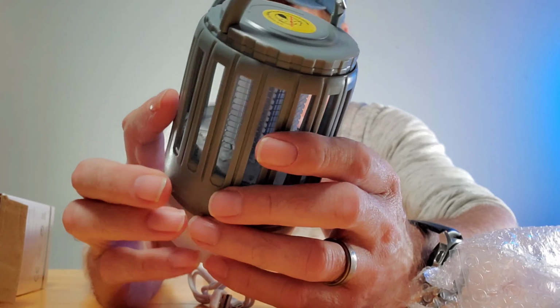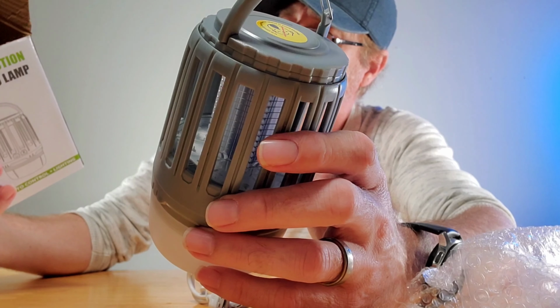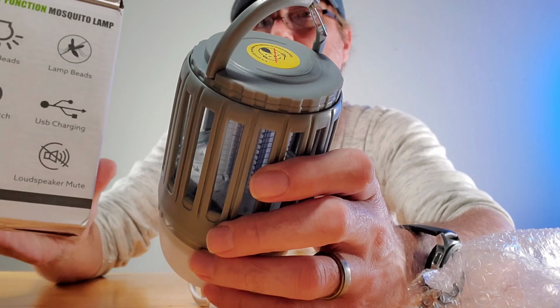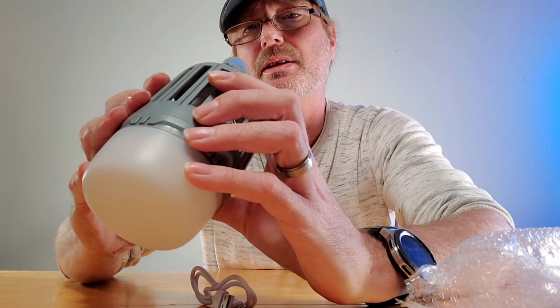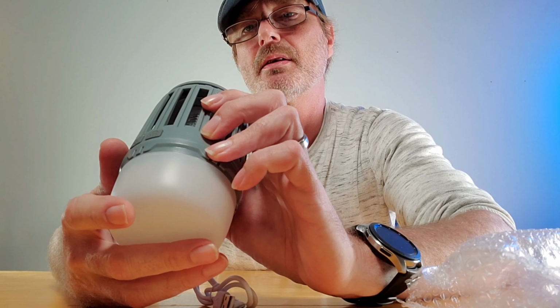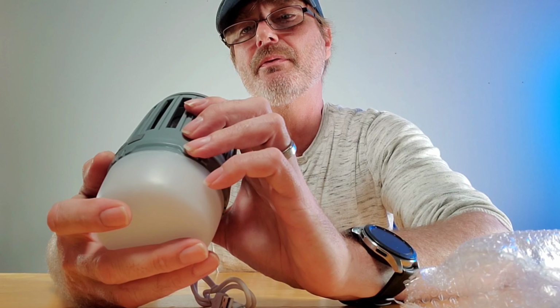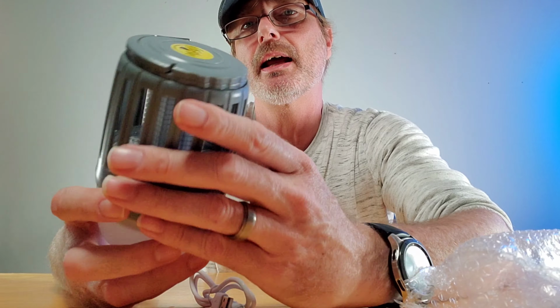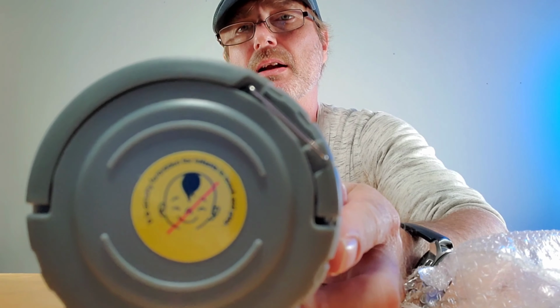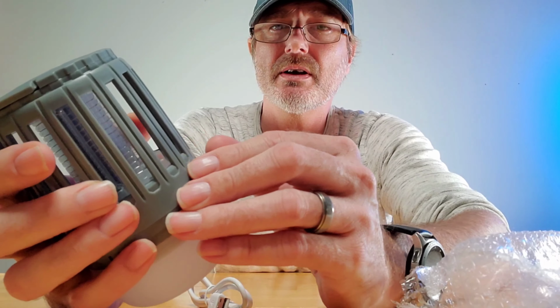Thing here is it said in the box something about loudspeaker mute. I don't know what that is, but there is no loudspeaker in this. There is no loudspeaker, so it's a bit misleading. Strictly forbidden for infants to touch and play. Warning. I don't even know if it was on the other ones, but it is identical to the other ones I've got. So you've got the USB port here,